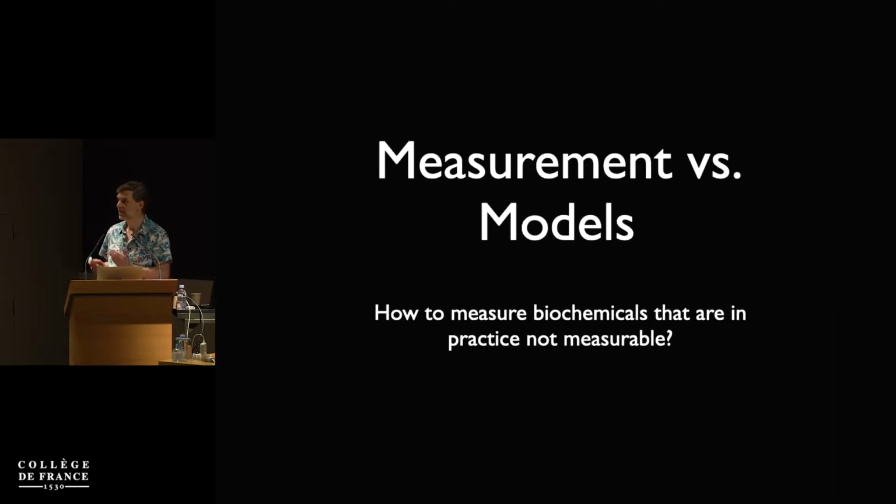But it does give us a real interesting problem. In that assay I've shown you, how are you going to measure the chemoattractant gradient? I can't go in with a Pasteur pipette and remove some of the liquid and take it off to be measured. I can't do that because the cells are constantly making the gradient, and the gradient is diffusing back from the areas of high attractant. And so if I take the cells away and go with a Pasteur pipette, then there's no gradient anymore. The gradient is being made dynamically on the fly constantly. So how do you measure things that are not measurable?